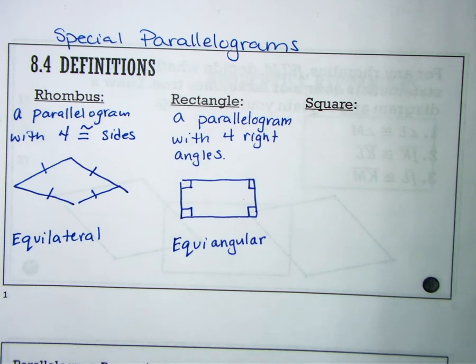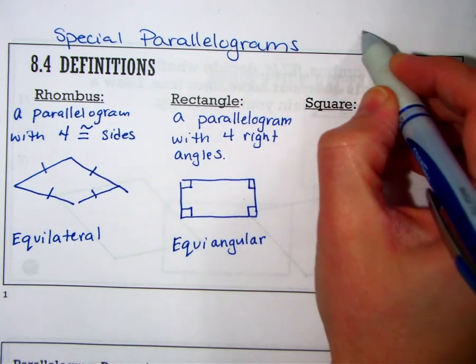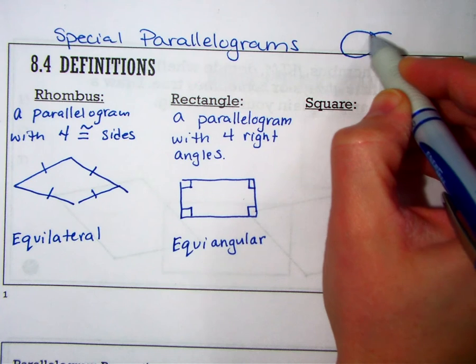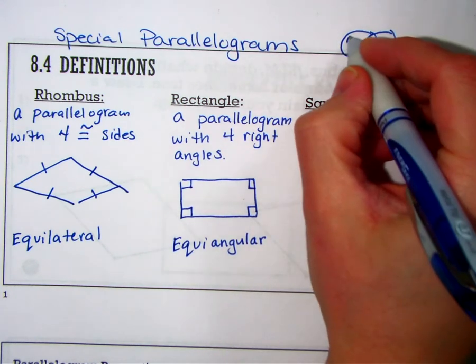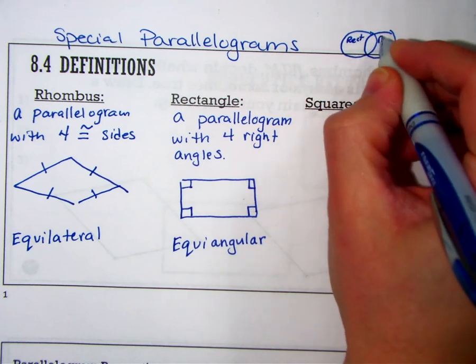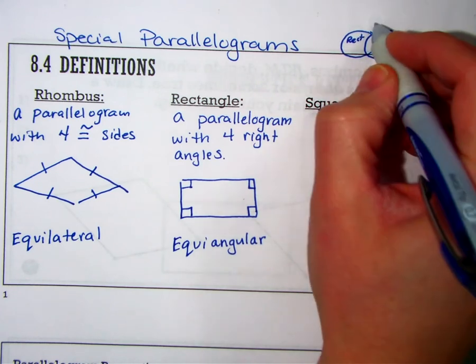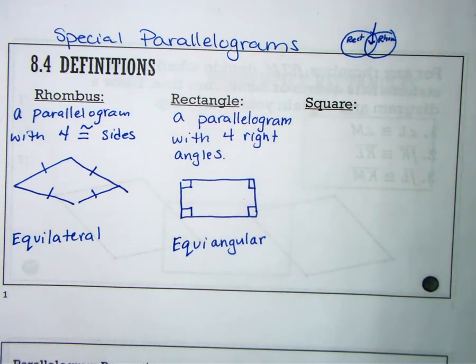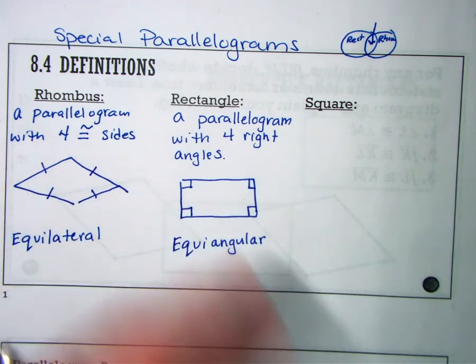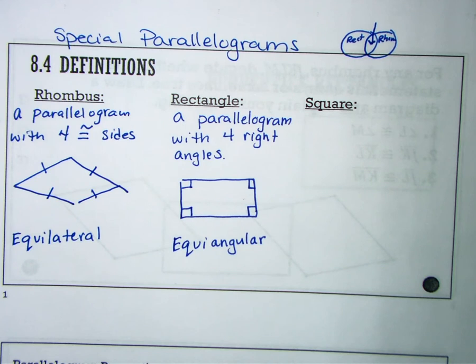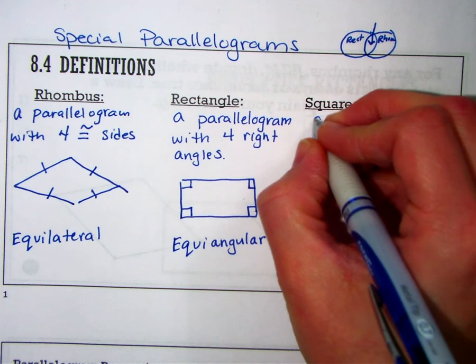So if you're comfortable with or familiar with Venn diagrams, a Venn diagram for these special parallelograms would kind of set up like this, where you have your world of rectangles, maybe over here. You have your world of rhombuses here, and right smack dab in the middle would be your squares. So squares not only have 4 congruent sides, but they also have 4 congruent angles. So everything that's true about a rectangle and everything that's true about a rhombus is true for a square. So a square is a parallelogram